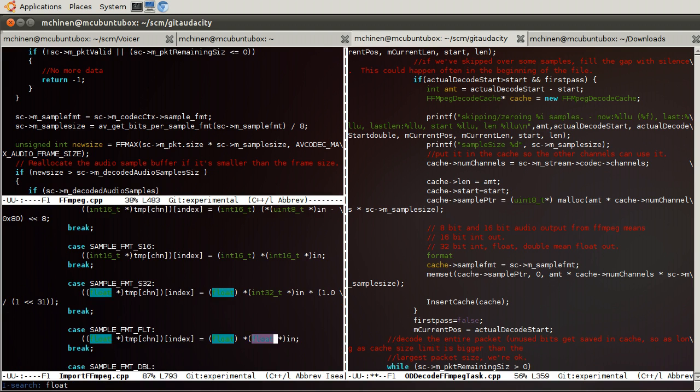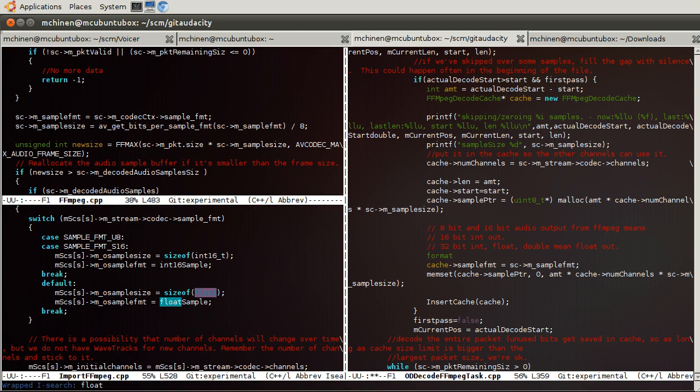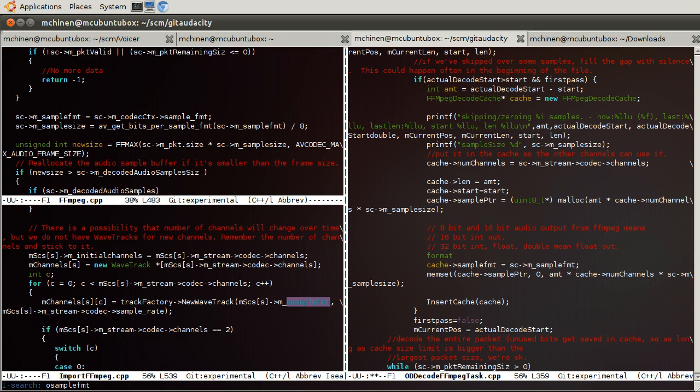So float or int16. See here? No, this isn't it. This might be it. We want O-sample format. That's the money one. That's what the wave track will be. So you see here, O-sample format.